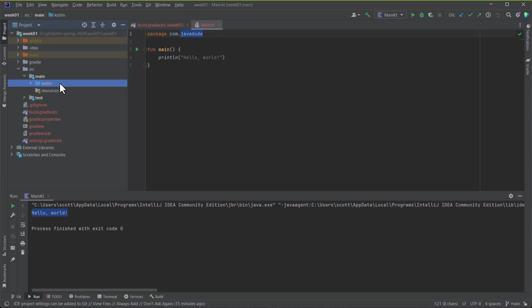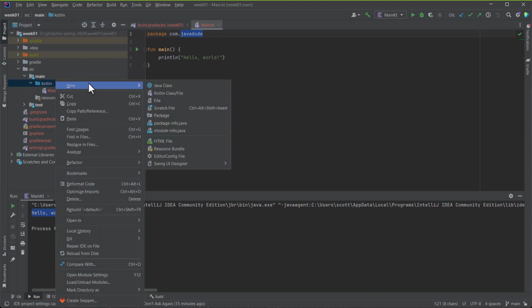Now you can't go the opposite way. You can't put Java code underneath the Kotlin one. So if you have both, it has to be source main Kotlin. Now underneath there, we're going to create that directory structure. So I'm going to say new package